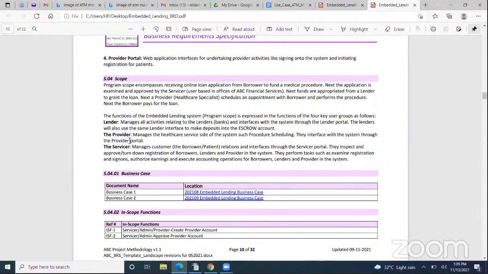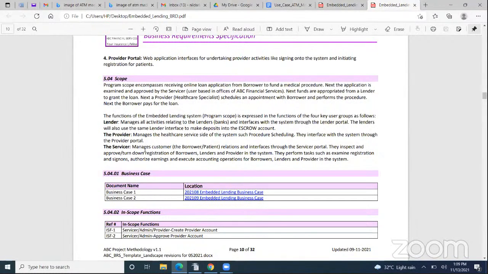The provider group will manage the healthcare service side of the system. Services such as procedure scheduling, and changing of biodata information or personal information. And then they interface with the system through the provider portal.